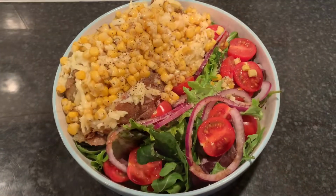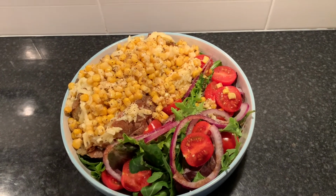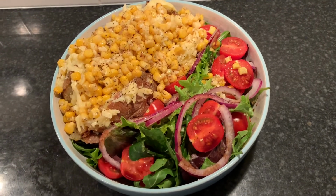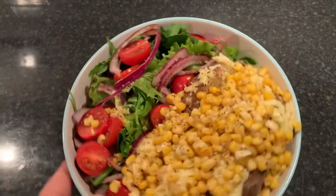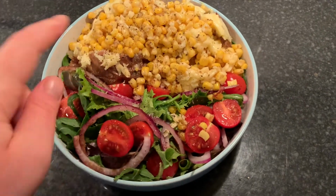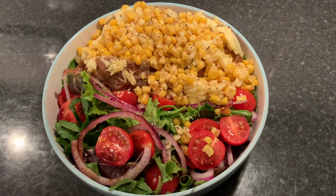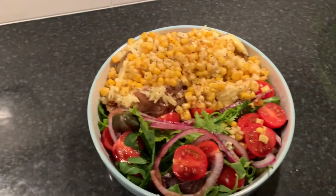Boom. I changed my mind because I didn't really fancy baked beans. And then it suddenly occurred to me when I opened the cupboard to get them out, even though I didn't really fancy them, I was like, oh my God, sweet corn, cheesy sweet corn is the best. So this is my actual lunch, and the salad did actually fill up like 2/3 of the bowl, but then it got squashed when I put my potatoes and corn in. So I just microwaved up my jacket potatoes that I cooked the other day. I've got probably about 2/3 of a tin of sweet corn,